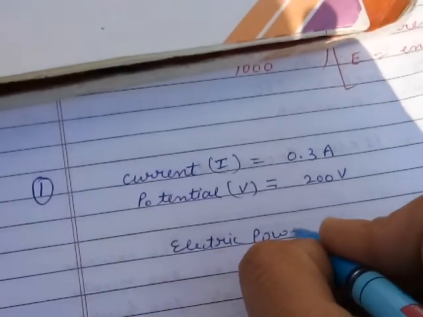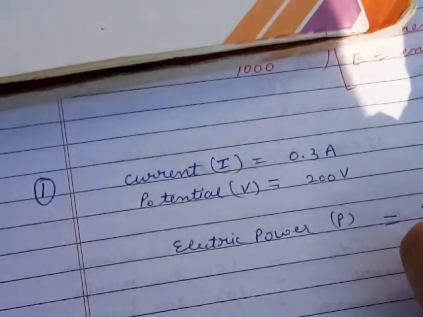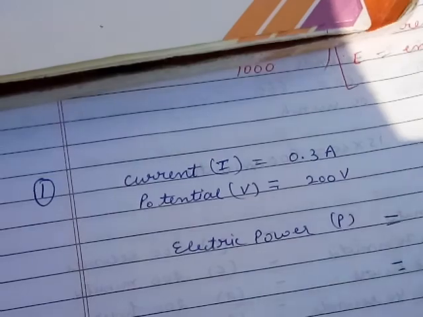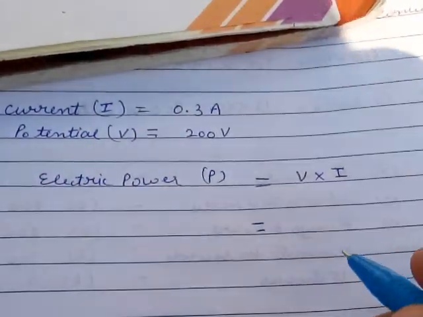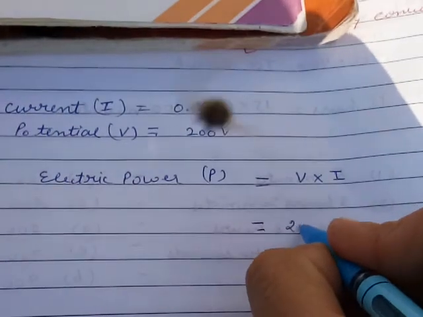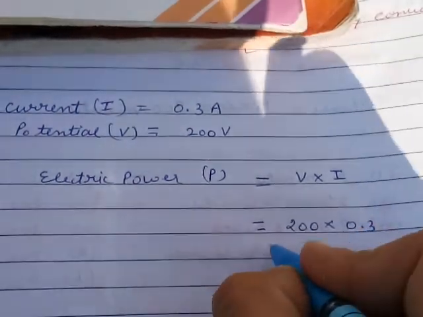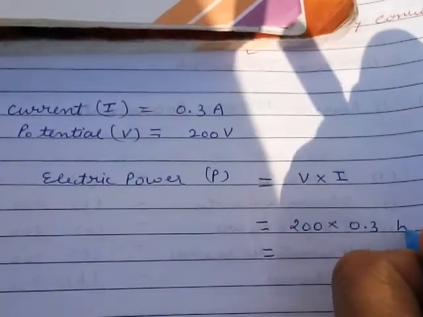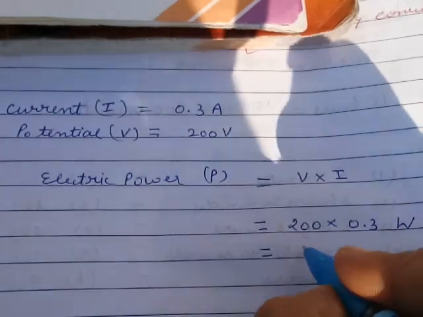Electric power P is equal to V into I. Now the value of V is 220, value of I is 0.3, and the unit of power is watt, W. Then we can say that the answer is